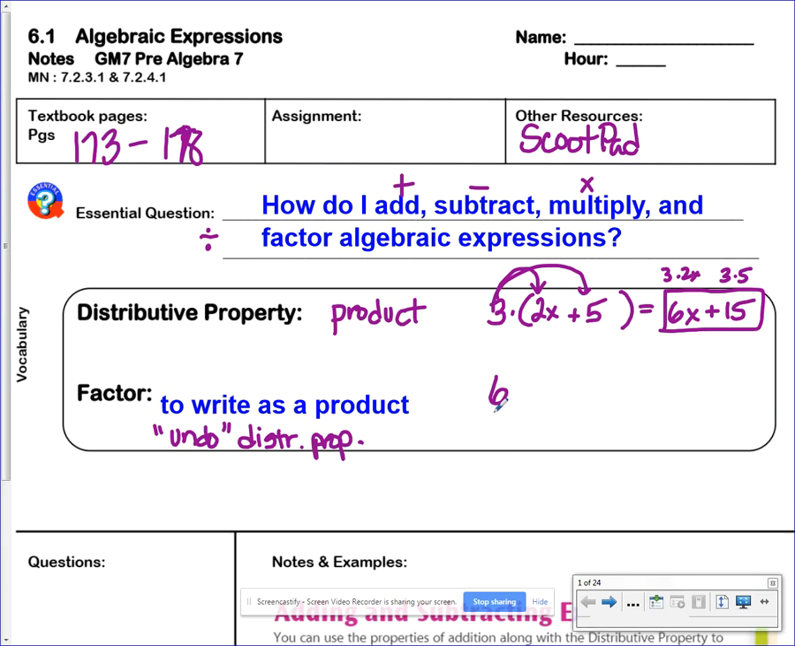If I took the number 6 and I did this, does that look familiar? When you started breaking numbers up into their prime factors, you probably wrote something like 2 times 3. 2 and 3 are factors of 6. We took 6 and rewrote it as a product, or as a multiplication problem. So now that we're in pre-algebra, we're going to take an algebraic expression like